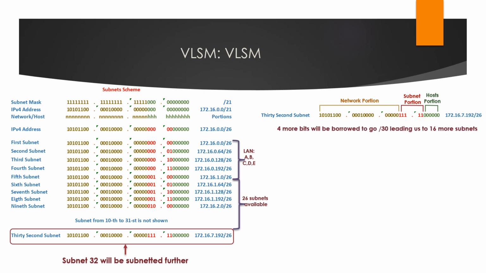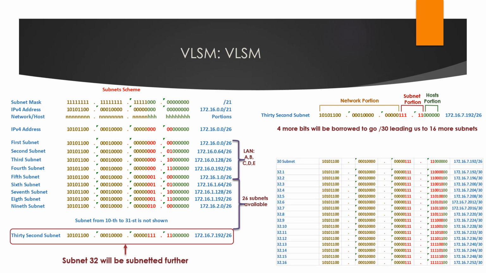So we will borrow 4 bits to create subnets, and we will go to the /30 subnet mask, leading us to 16 more subnets,